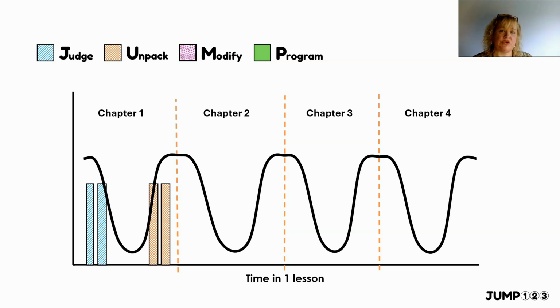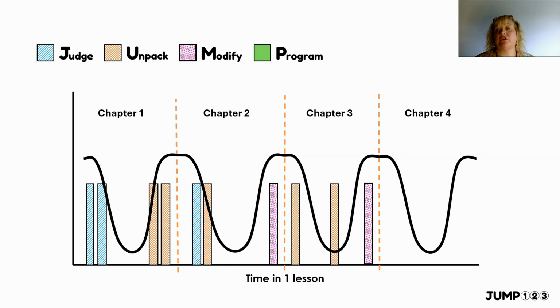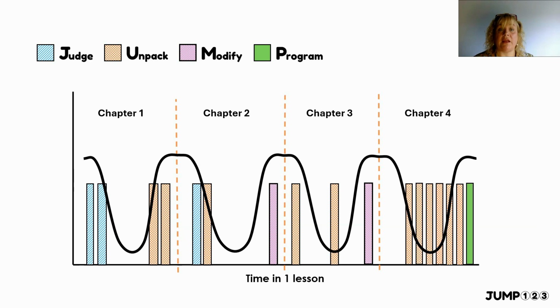Then for chapter 2, which is about strings, then they can do a judge and unpack right at the beginning, and then the modify might be used for repacking it at the end of that semantic wave. For chapter 3, which they are then looking at error messages, then again you can use questions throughout that semantic wave, and then a modify to really repack it at the end. And then finally for chapter 4, where they're creating it, then you could just use lots of questions to really make sure they're secure in it, and then the final repacking with the program. So that's one way a program might have achieved those semantic waves using the JUMP activities.